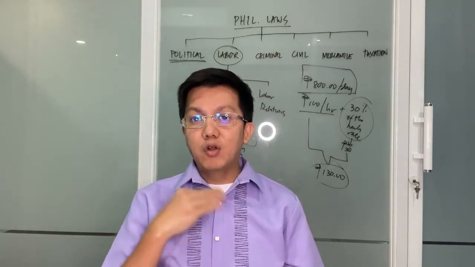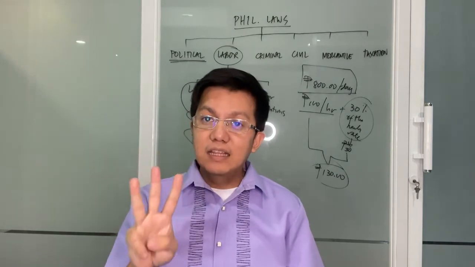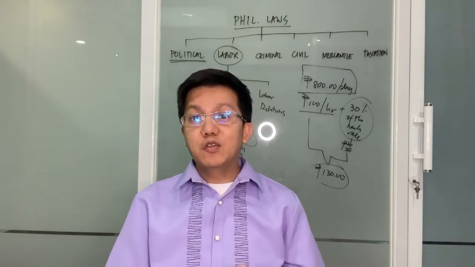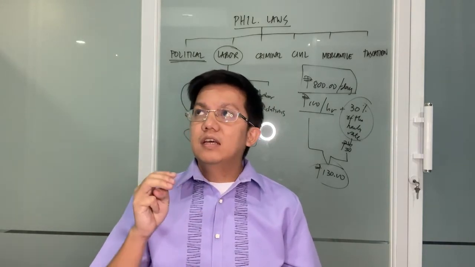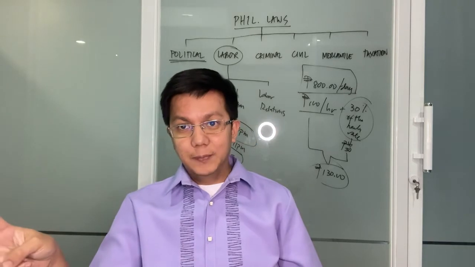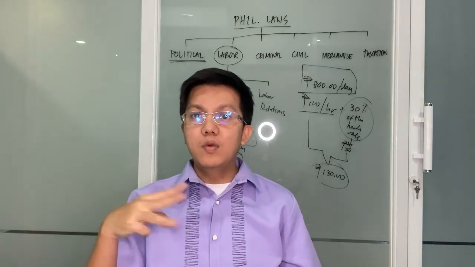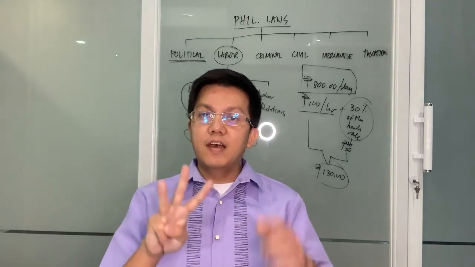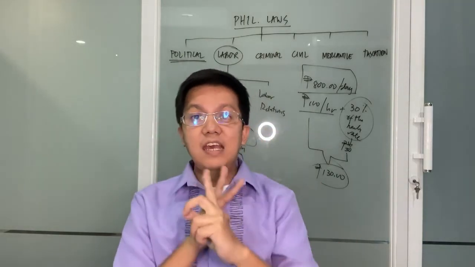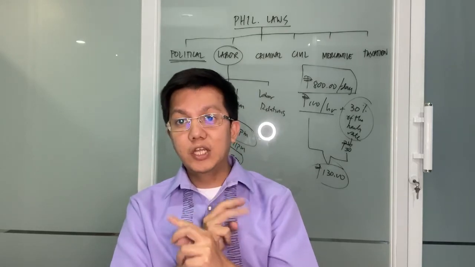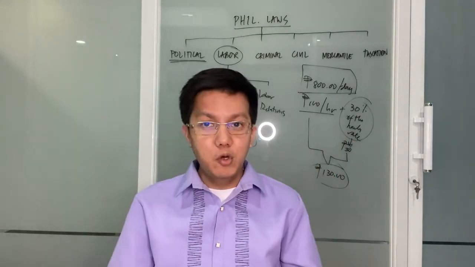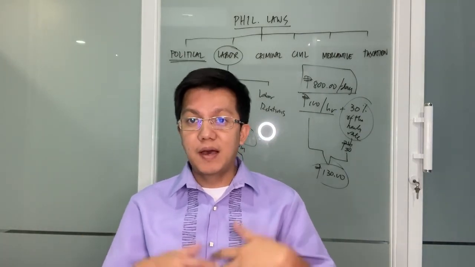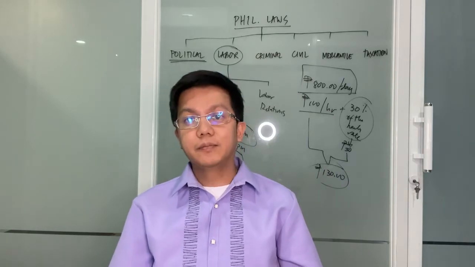Supposed to be dapat 5 o'clock ako mag-out. Pero dahil na-late ako ng 3 oras, i-offset ko na lang. Or meaning to say, mag-extend na lang ako ng oras. So, instead of going out by 5 o'clock, dahil na-late ako ng 3 oras, so 5 to 6, 6 to 7, 7 to 8, 8 na ako lalabas. Pwede ba yun? Well, kung walang prohibition sa company, then go. Walang problema dyan. If papayag yung employer, walang problema dyan.